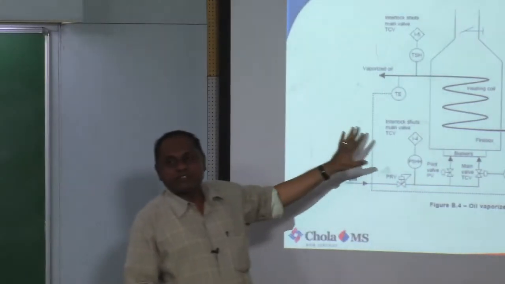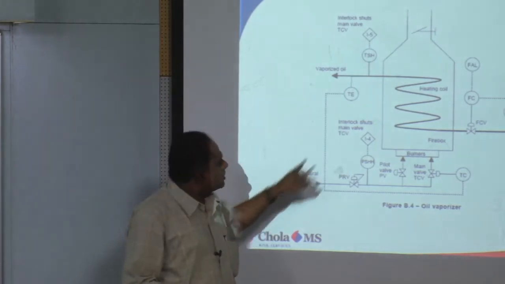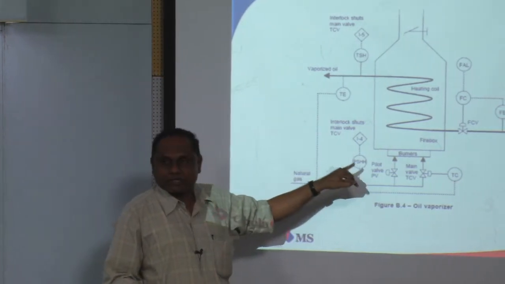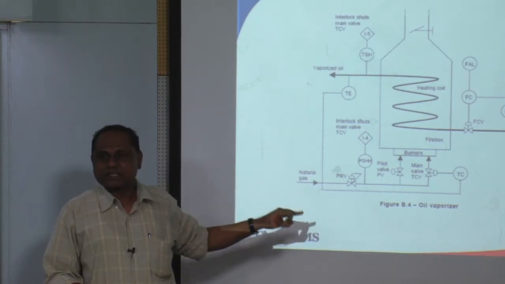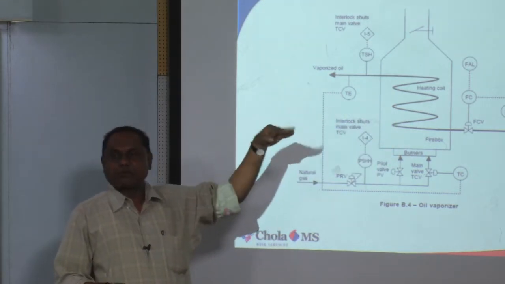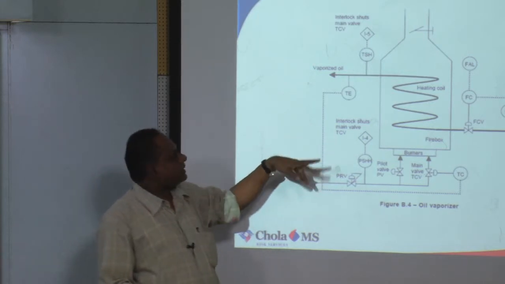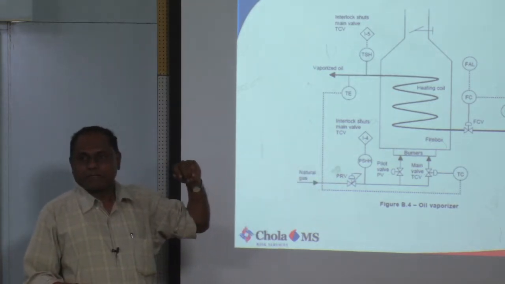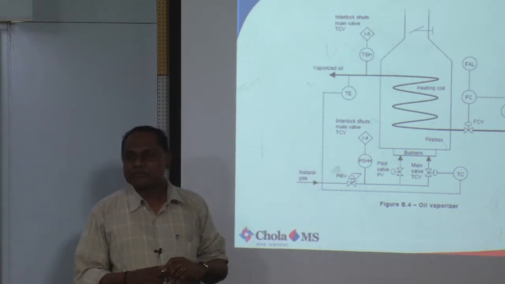Say here, what all parameters will we take? Flow of oil, flow of natural gas also can be taken. Then pressure of natural gas. Pressure of this also can be taken, because of incoming pressure. No pressure, what can be the cause of no pressure, what can be the cause of no flow? Then temperature of oil outlet. Only temperature outlet.